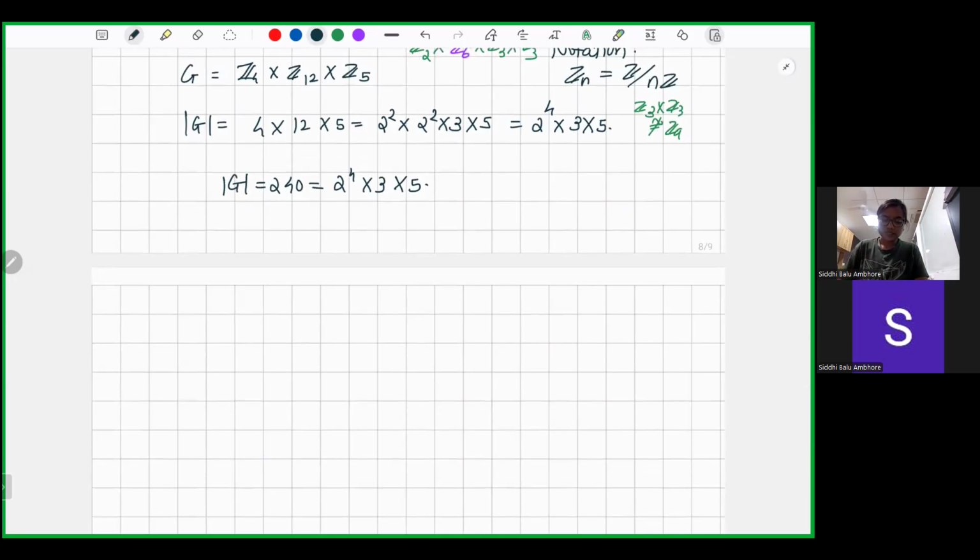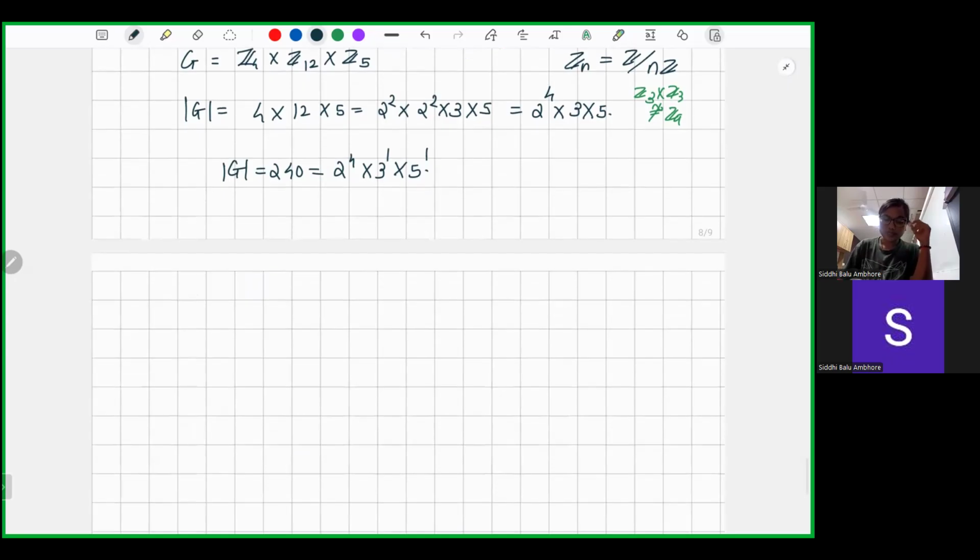So this is basically will be some G1 cross Z3 cross Z5. And here it is 1 and 1. Partition of 1 is just 1. So basically this group will be G1 cross this Z3 cross Z5,